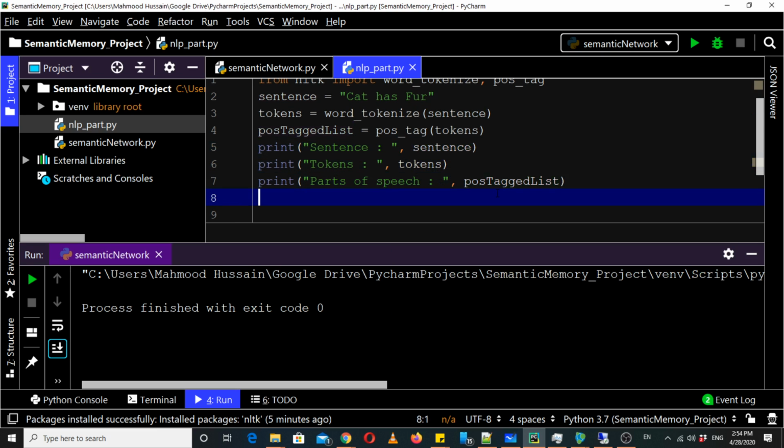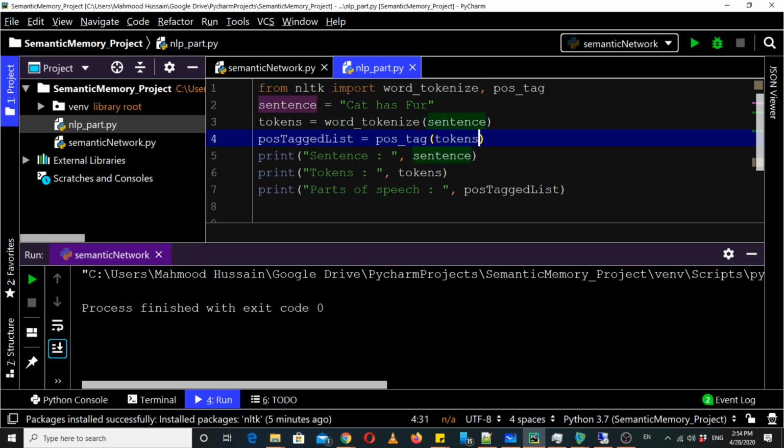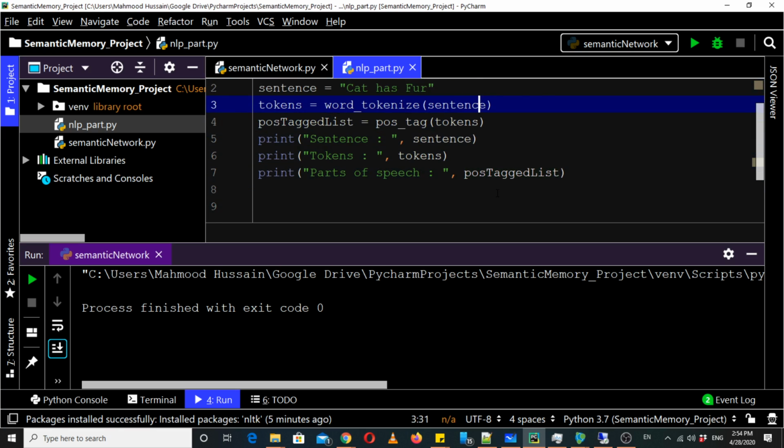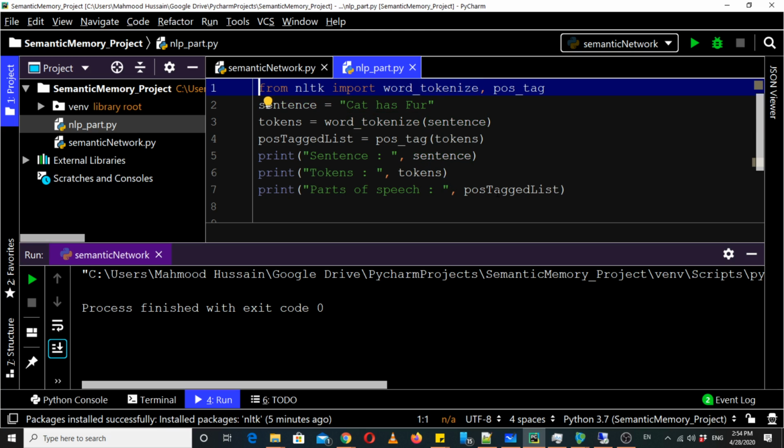So let's see if it works or not. Most probably it won't work because we don't have models, but I want to show you how you can identify from its error how you can download those models.